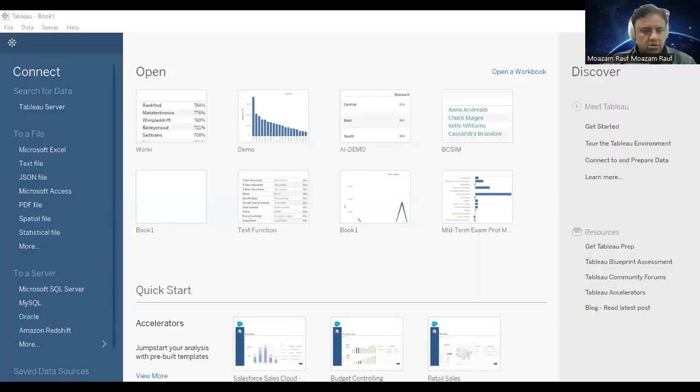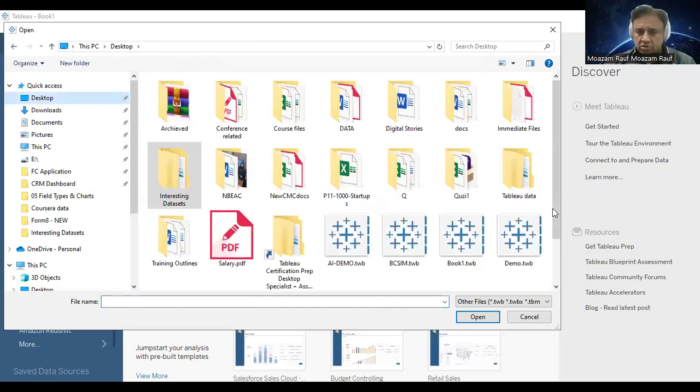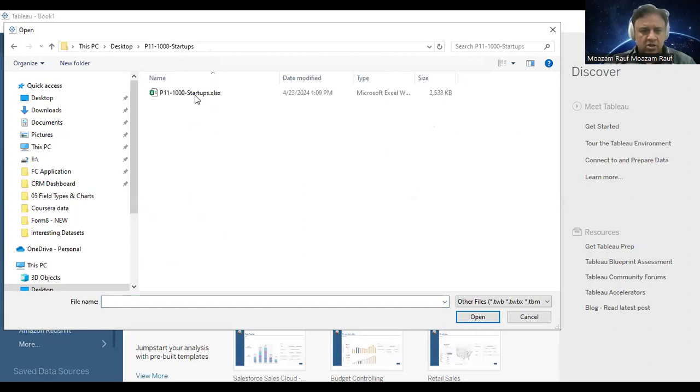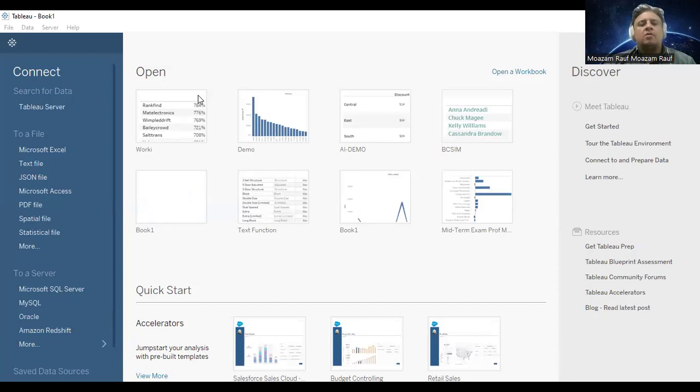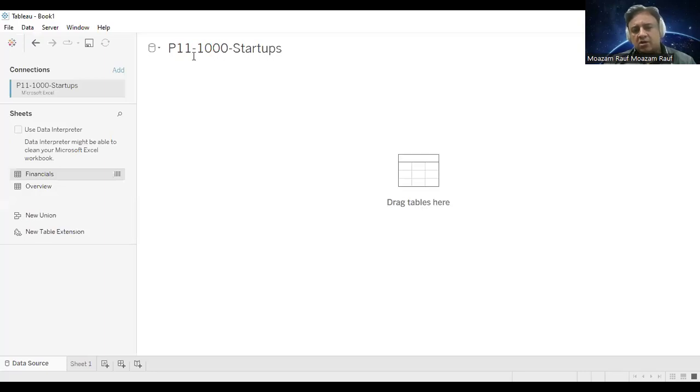ये लीजिए. I'm going to try to import my data set. ये डेटा सेट आ गया हमारे पास P11 का. Now remember that since there are a couple of sheets in this P11 1000 startup data, अगर आप गौर करें